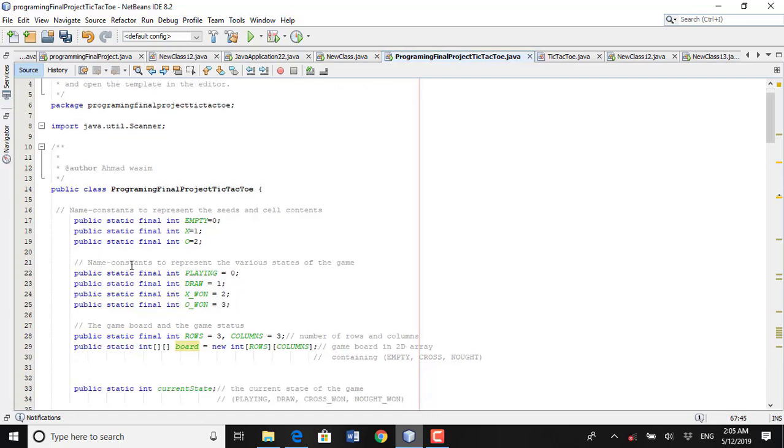Here, as you can see, the first thing that I need to do is to name the constants to represent the seed and cell contents. So here I use the static final modifiers. The public static final is different from the static alone, and the reason why I use static final is because